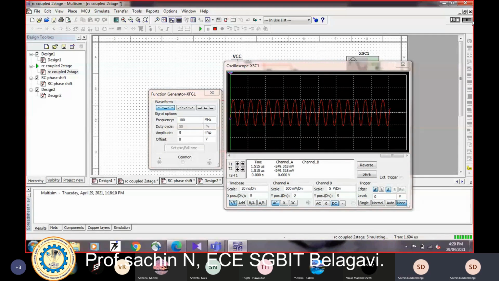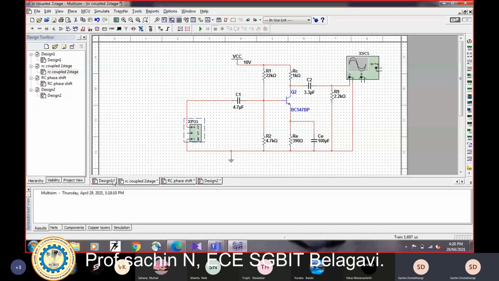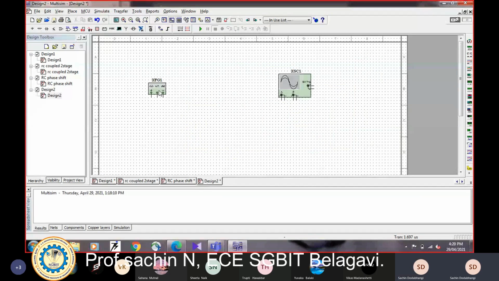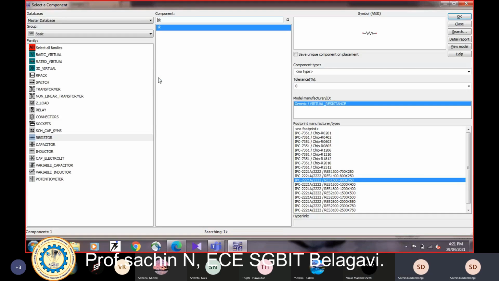Can I show you how to mount the circuit in this? I'll turn it off. I'm going to take a right click, and right click topmost. Zoom it now. Can anyone say what is written on the topmost? Right click, topmost, blue shaded. What is written on it? Place component. Yes, I'm going to click on it, place component.